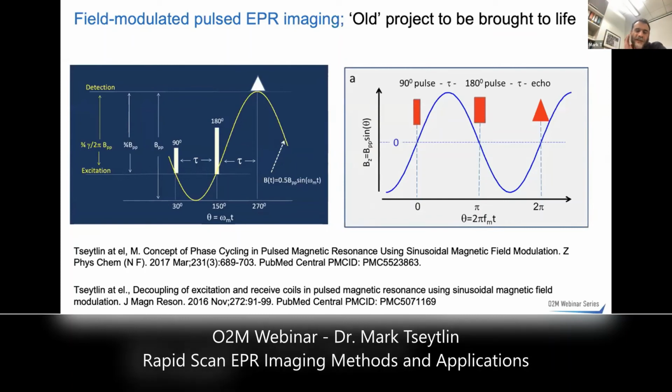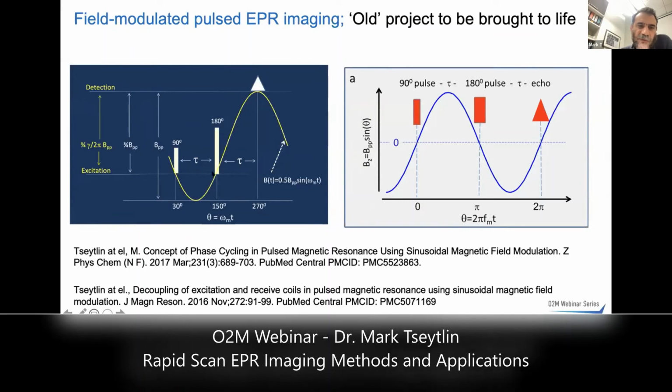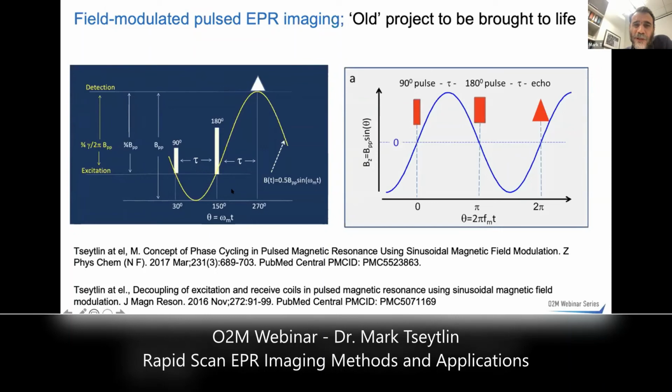So on the left, there is an example when you can reduce, decouple. If you use a bimodal resonator, you can use rapid magnetic field scan to excite spins at one frequency and detect echo on the other frequency. So by doing so, you can completely, kind of decouple quite strongly excitation from detection. And you have all kind of very interesting physics here that I just don't have time to go about.